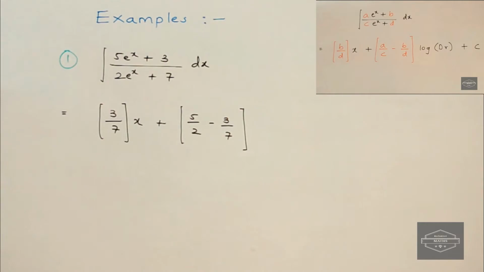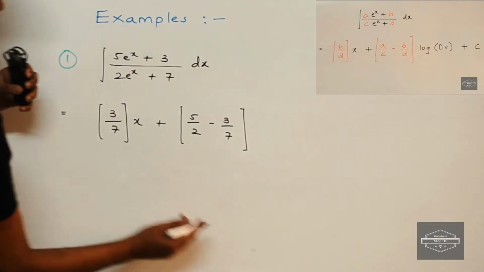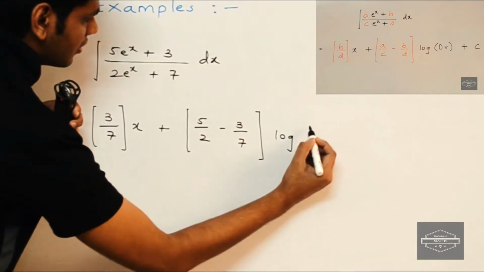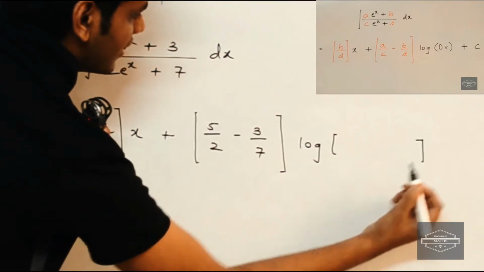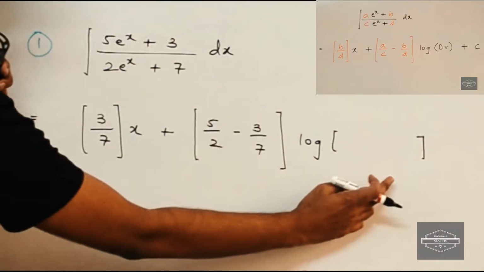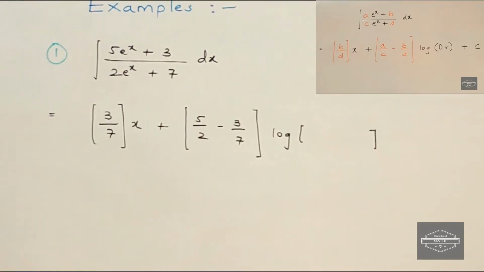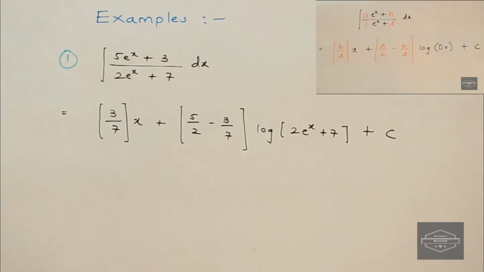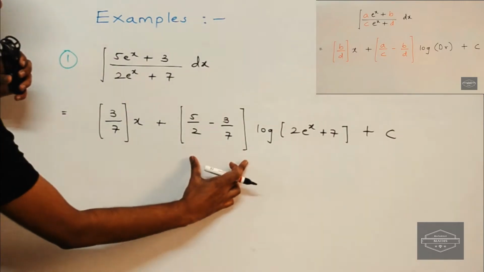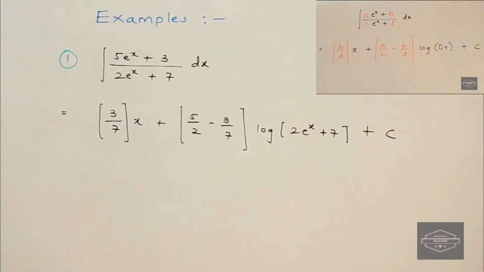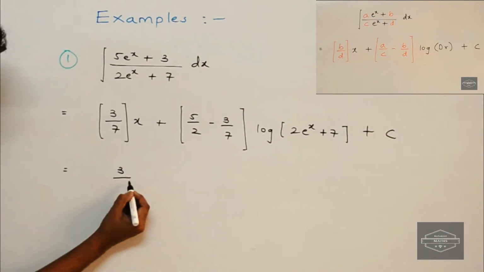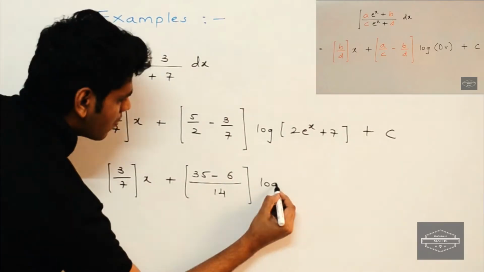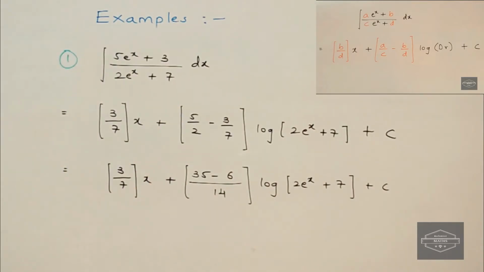And we multiply our second term with log of denominator, so here it will be log of, inside the bracket we have to write this term, so here it will be 2 into e raised to x plus 7, and now we just have to take LCM in this bracket so that we can get the final answer. Alright, so here we go. The final answer is